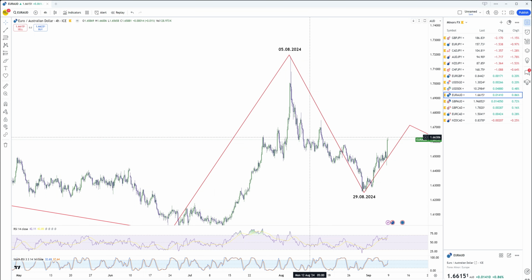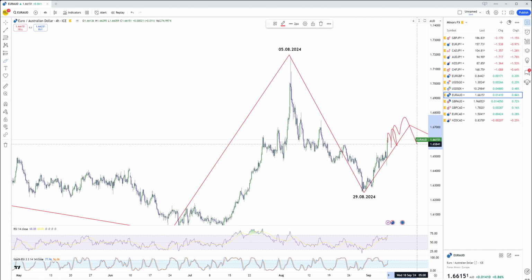For the EURUSD, as we have expected from these lows from the end of the month, we have explained that we are expecting a push to the upside, at least for a correction higher. And this is exactly what we are seeing right here. Overall, we can see the market will soon get into this choppiness phase right here, and soon is going to react to the downside thereafter.